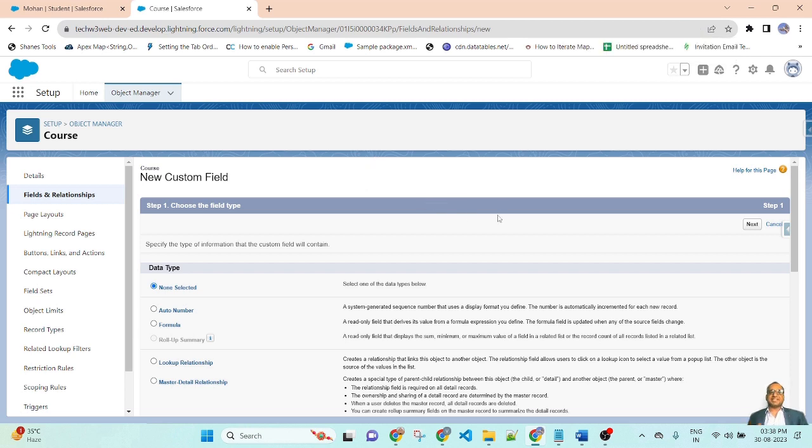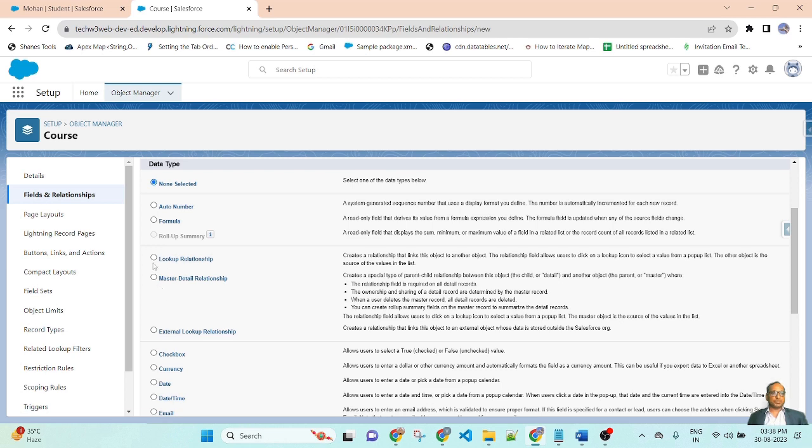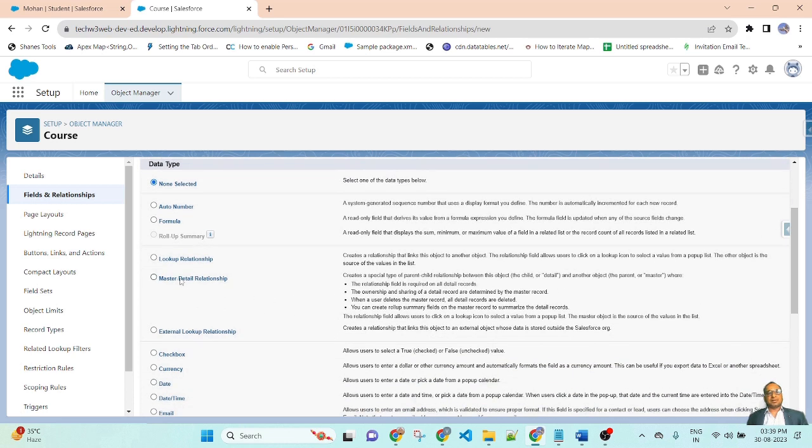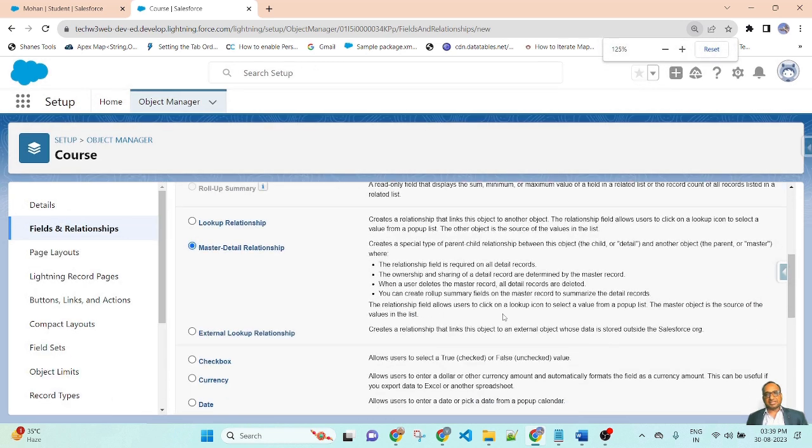Now I am creating a master detail relationship. Here you can see there are two options: lookup relationship and master detail relationship. In the previous lesson, I created a lookup relationship. In this lesson, I will create a master detail relationship. As you can see in the description, the relationship field is required on all detail records.